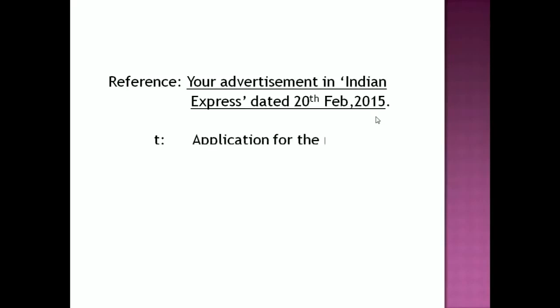Then you have the subject. In the subject you write: Application for the post of assistant teacher. Now this is a standard and simple format that you can use in every application letter. Application for the post of professor, application for the post of clerk, application for the post of event manager, whatsoever is given in the question. Now the reference